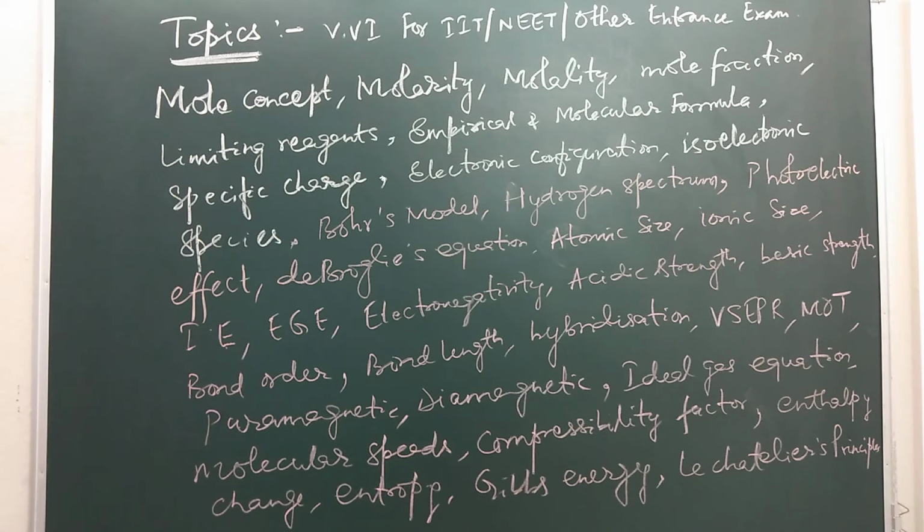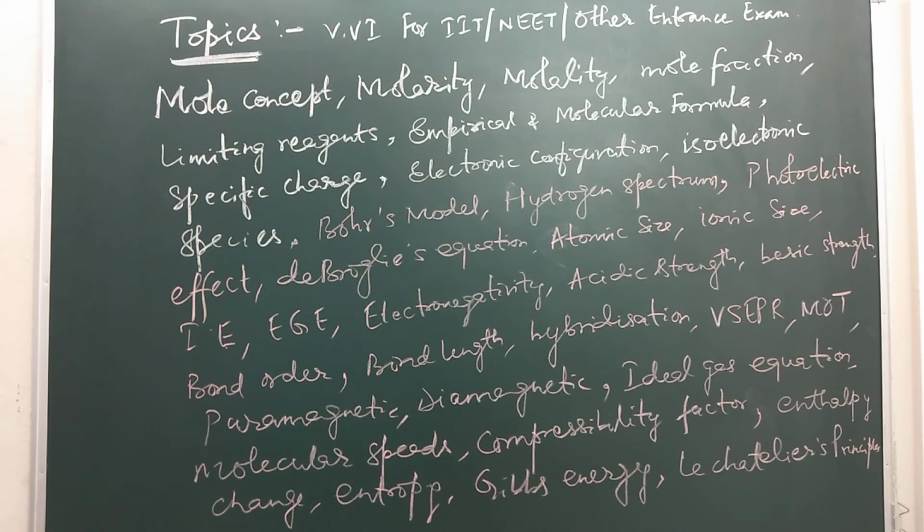Ionization enthalpy, trends of ionization enthalpy, electron gain enthalpy, electronegativity, that fluorine is the most electronegative element followed by oxygen and nitrogen and chlorine. Fluorine, oxygen, nitrogen form hydrogen bonds. You have to remember the acidic strength and basic strength as far as inorganic compounds are concerned, as well as for organic chemistry. It is one of the most important topics where you will find questions coming from.